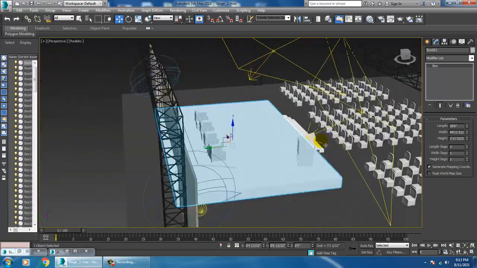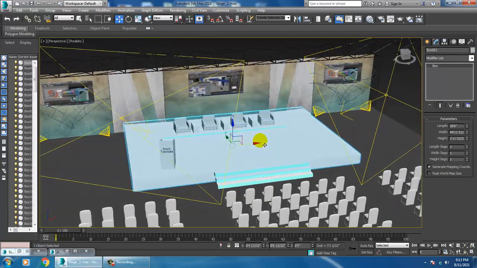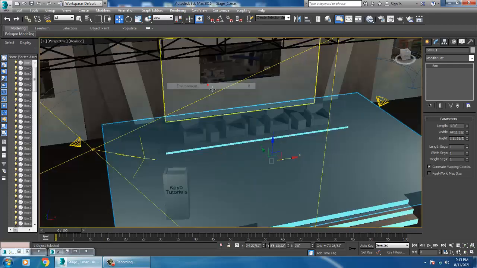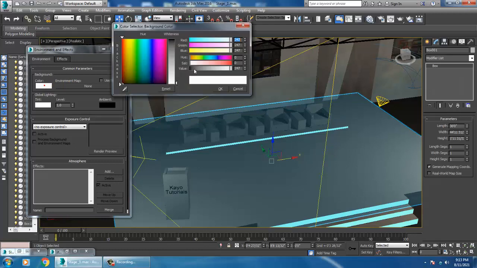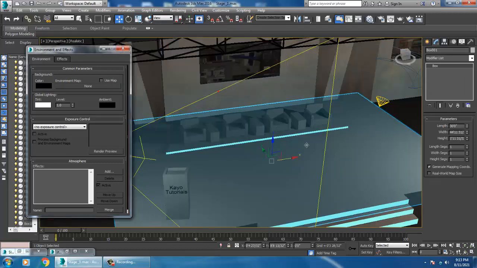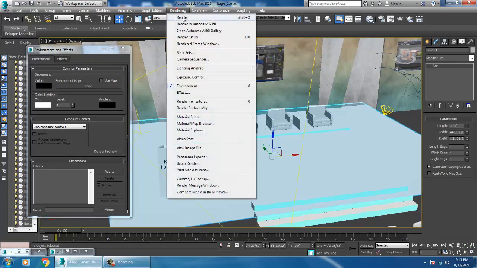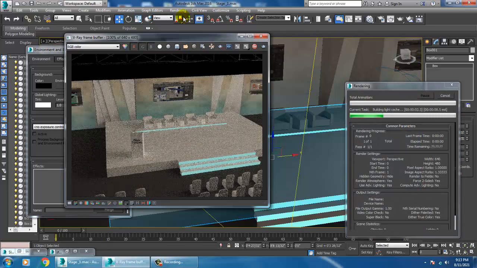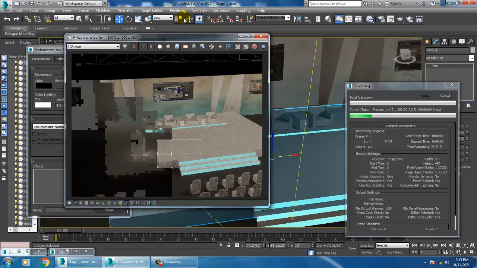Because of this white color, you're getting more illumination over here. Now looks better. Can you see that? So I changed the color to black because it was already white. So that's the reason. Now you can work with the lights.